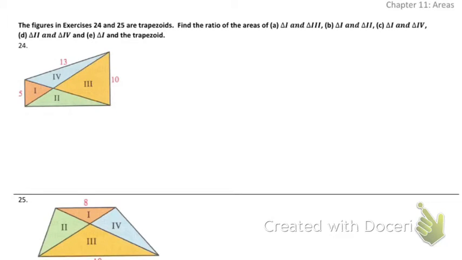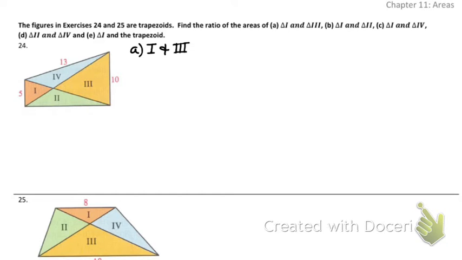All right, the figures in exercises 24 and 25 are trapezoids. Find the ratio of the areas between 1 and 3, 1 and 2, 1 and 4, and 2 and 4, and then 1 in the trapezoid. All right, so our A says we need to compare 1, and that's my "and" symbol, it's not plus,